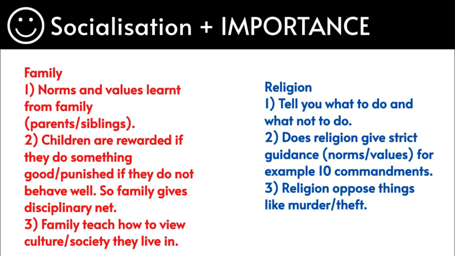So religion actually helps us to socialize into the society much better, and religion is very, very important because it tells us, don't do this, it is wrong, you'll be punished, etc. And also religion can tell us the clothes that we wear. For example, in Muslim culture, I think they have to cover up to their forearms, their skin should not show, or it's something of that sort. Sorry if I've got that wrong there, but that's an example which you can use. Remember to always keep using examples because it helps the examiner.